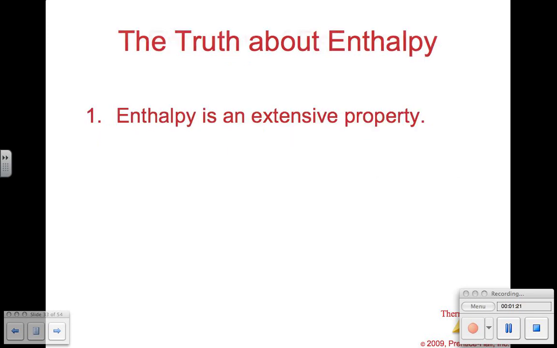Okay, so what are the things that we need to note about enthalpy? So one, enthalpy is an extensive property. What does extensive mean? Well, it means that,